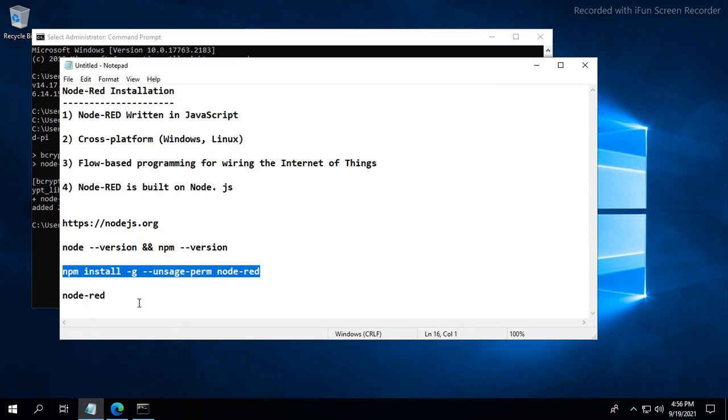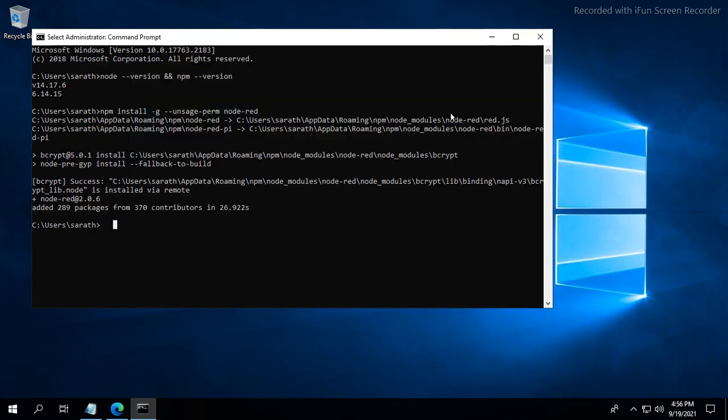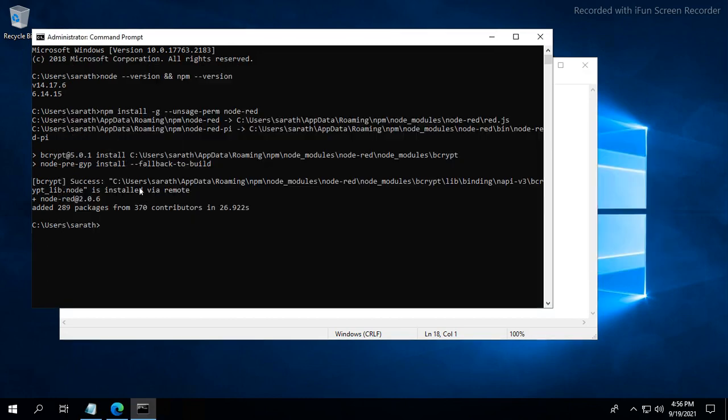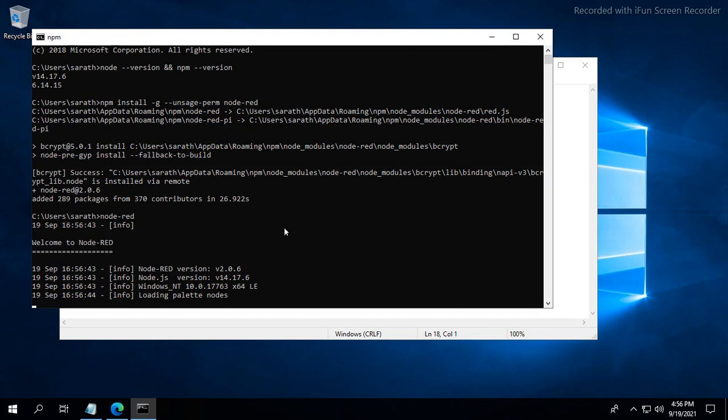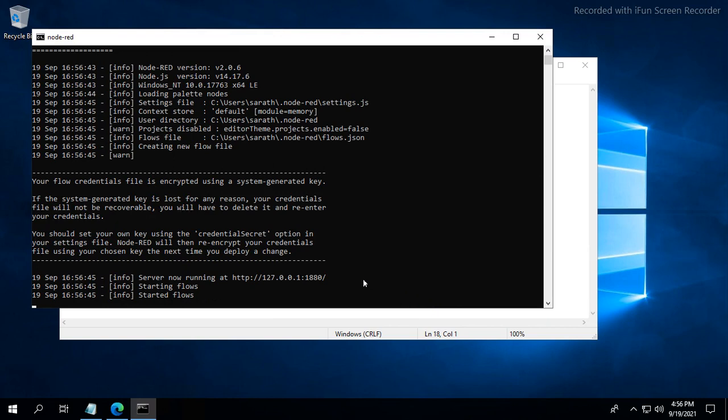To start Node-RED, this is the command: node-red. Allowing public networks. We have now installed Node-RED with the help of Node.js.